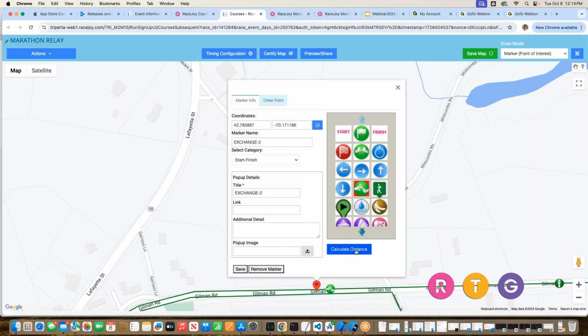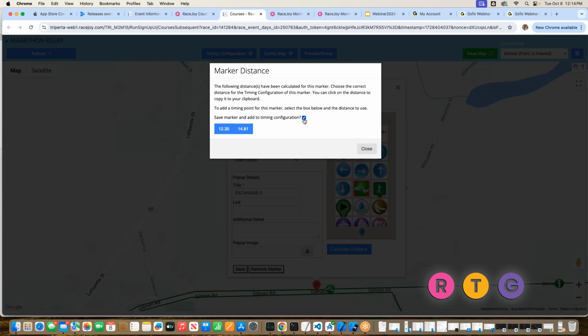Before I do that, well, I'll go ahead and do that now. And again, this is a good point. This is the reason why I chose this point to illustrate: the runners run through this point and do a loop at the top part of the course, and then they come back and actually end the exchange at the other point. So the timer would need to know that they are going to run through this, come around, and then actually end it at 14.81 miles. And so they would choose that second distance,